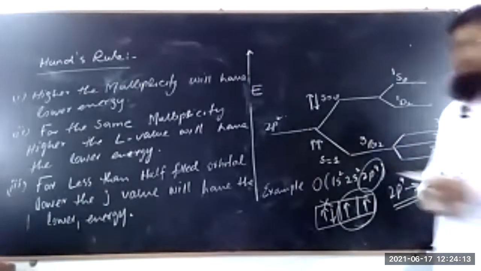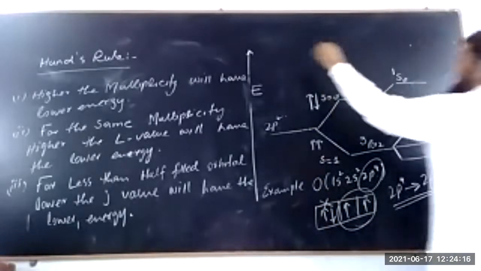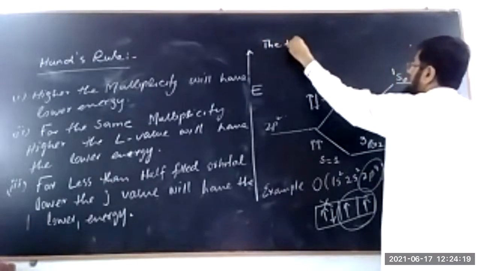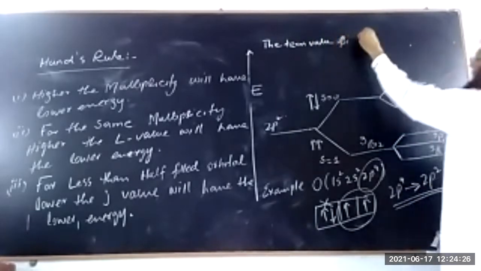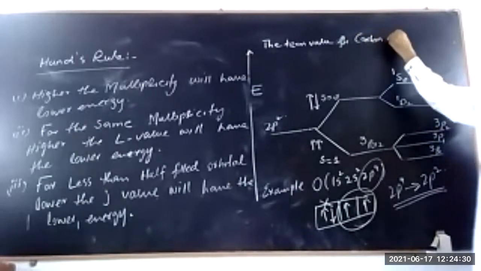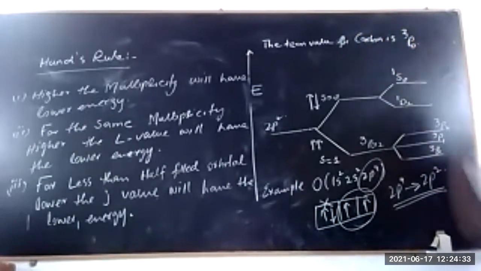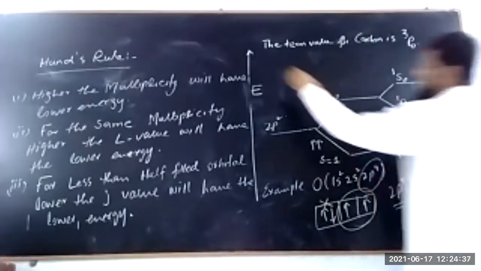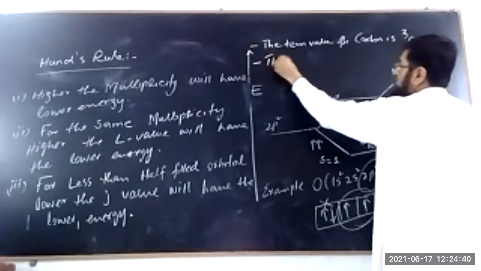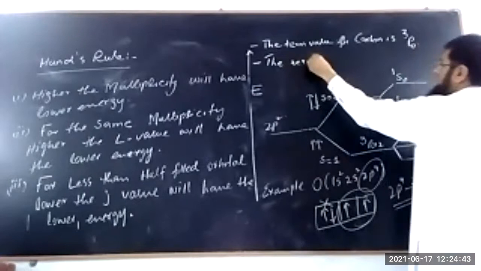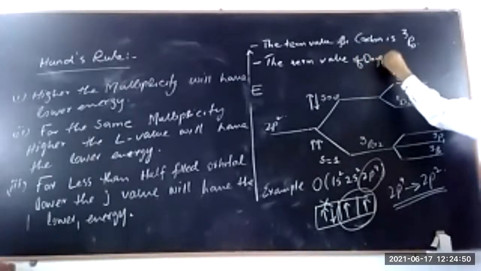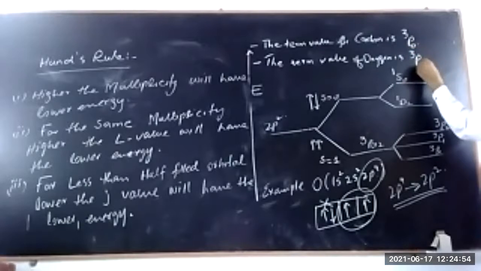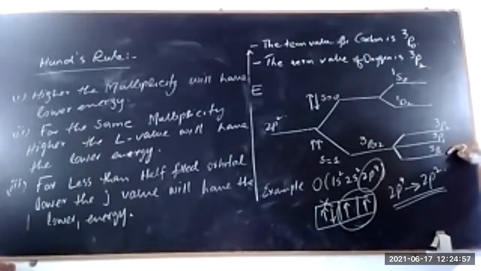तो यहां से हम लिख सकते हैं the term value for carbon is 3P0। दूसरा, अगर ऑक्सीजन की मैं बात कर देता हूं तो क्या होगा, the term value of oxygen is 3P2, because ये 3P2 नीचे आ जाएगा, उल्टा हो जाएगा, because it is more than half filled। अगर उसमें 4